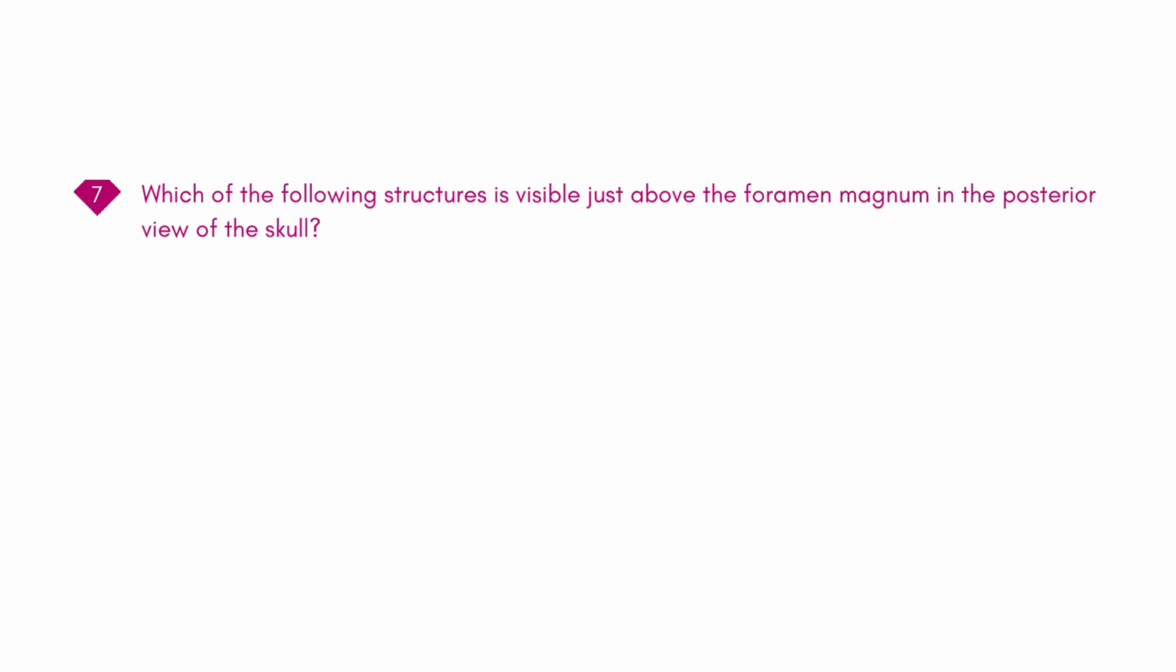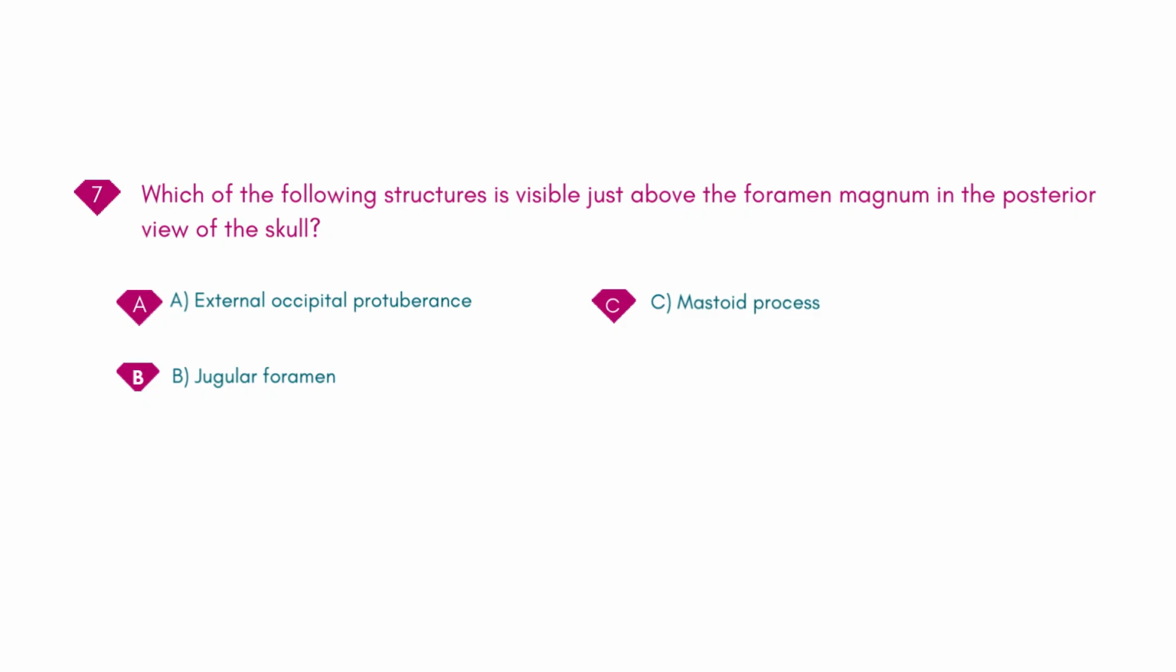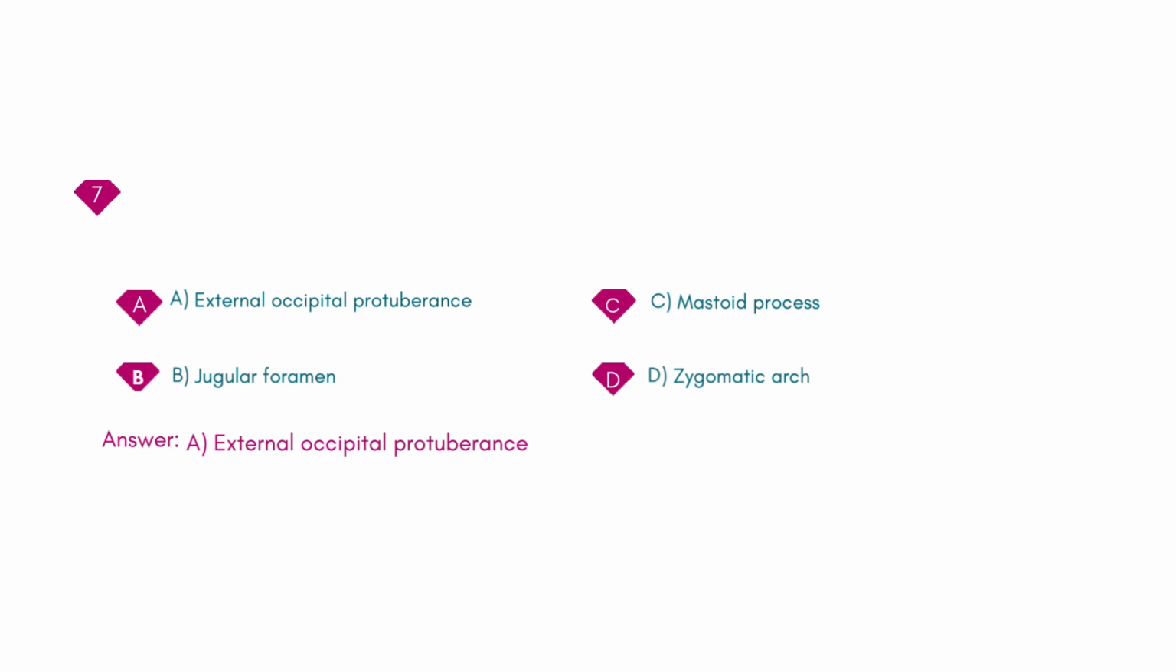of the skull? A. External occipital protuberance. B. Jugular foramen. C. Mastoid process. D. Zygomatic arch. Answer: A. External occipital protuberance. The posterior view of the skull shows the superior nuchal line, which serves as an attachment point